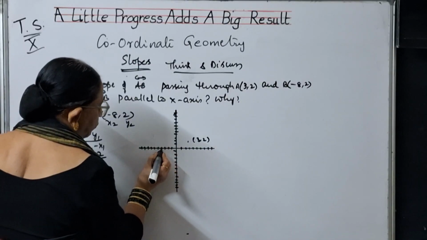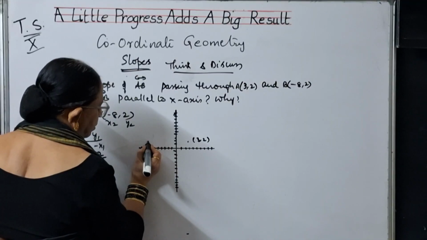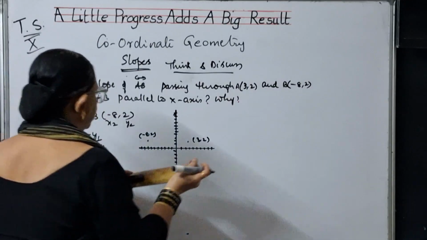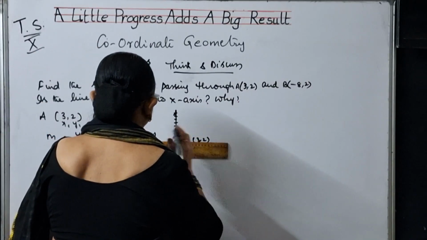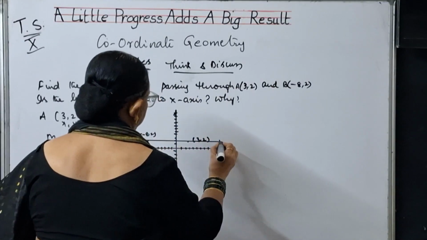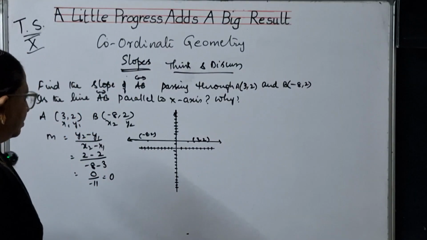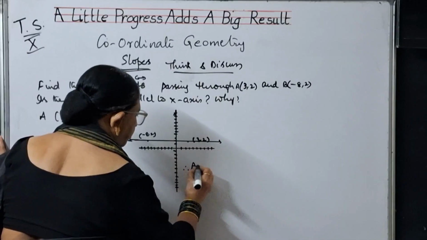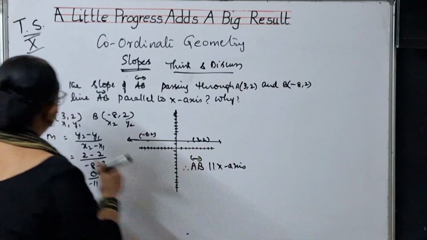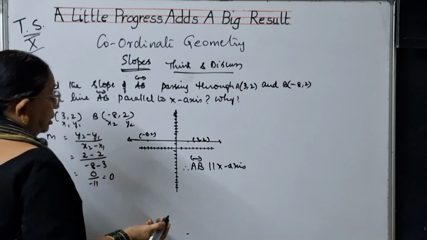See, 1, 2, 3, 4, 5, 6, 7, 8. This is minus 8 and 2 is here. This is minus 8 comma 2. So when you are joining these 2 points and draw a line like this, see, this line is parallel to the x-axis. So what you will be saying? AB line is parallel to the x-axis. He is asking, is the line parallel to the x-axis? Yes. Why? Because